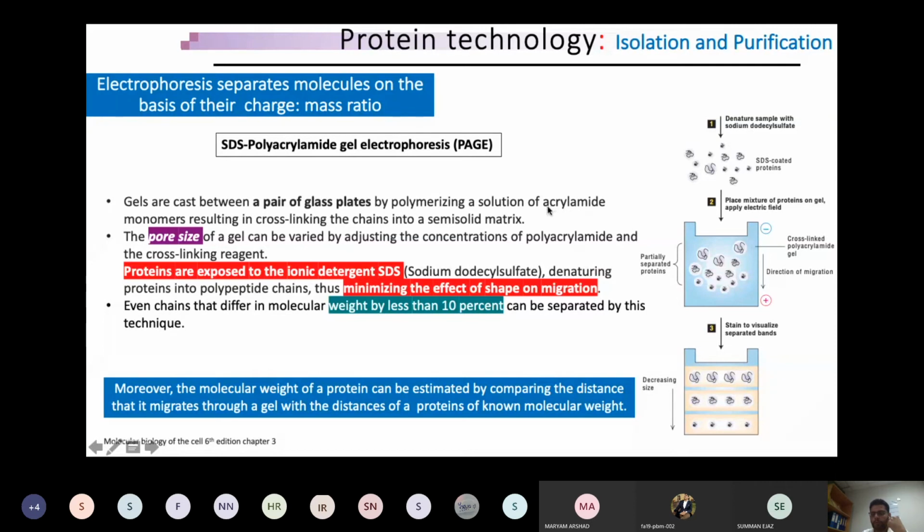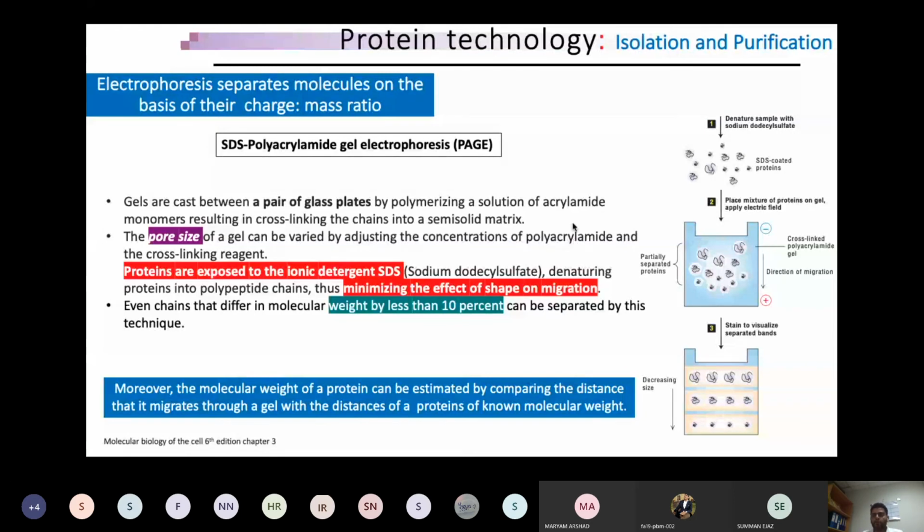Understand it like this: if you use 100% acrylamide, the pore size is 0. So nothing can pass through it. If you use 90% acrylamide, there will be a smaller pore size, maybe 10% of proteins could pass through this. If you use, for example, 80% acrylamide, that means you are making a pore size for 20% of the protein. If you are making a 70% acrylamide solution, you are even